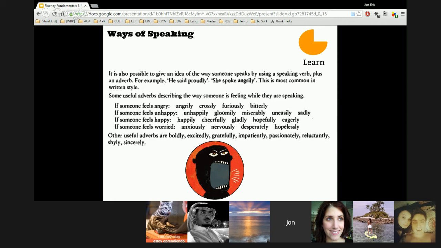Good, good. Anna Carolina, the second word in the angry line. Crossly. Cross and angry are about the same. Excellent. Izeskun, the third. Furiously. Almost. Furiously. Good. Jose, the fourth. Okay. Bitterly. Bitter is like bitterly, when you have this resentment over a long time. You're bitter. Okay, very good, very good.